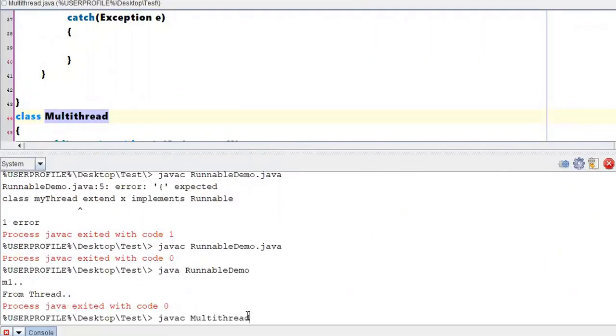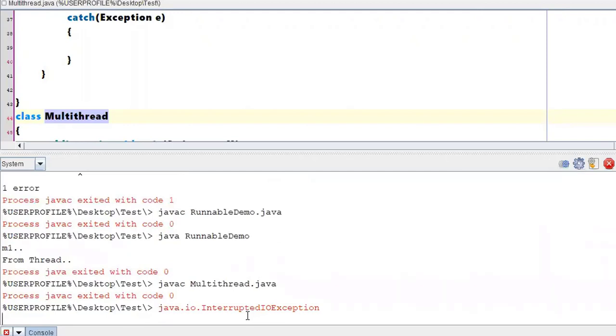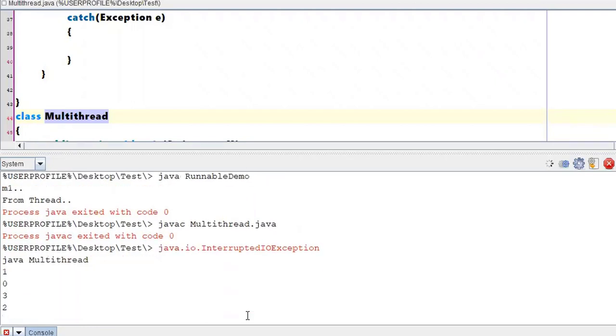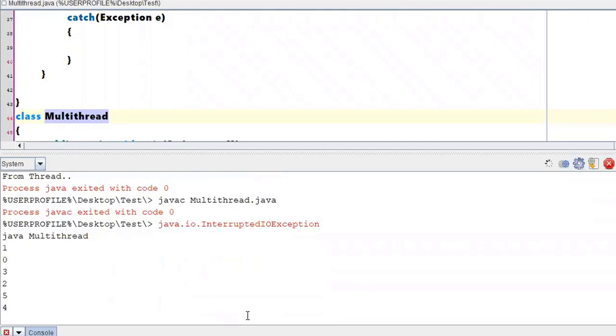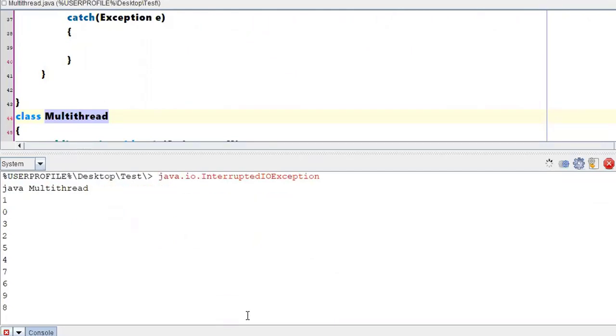javac filename.java, no errors. Printing the numbers in a random fashion. First odd number, even number, odd number, even number, odd, even, odd, even.